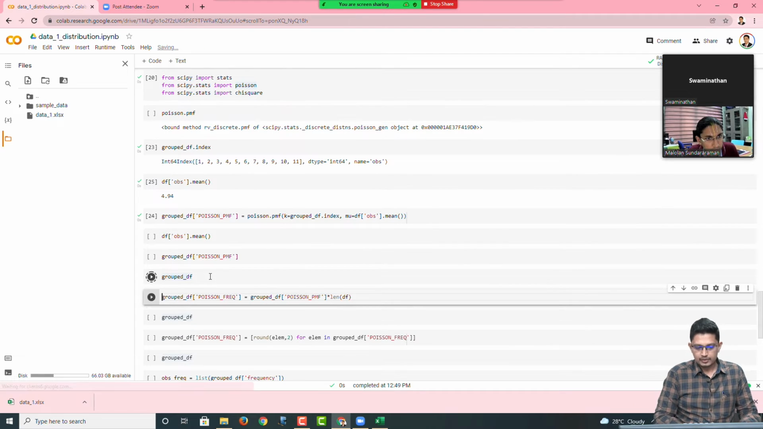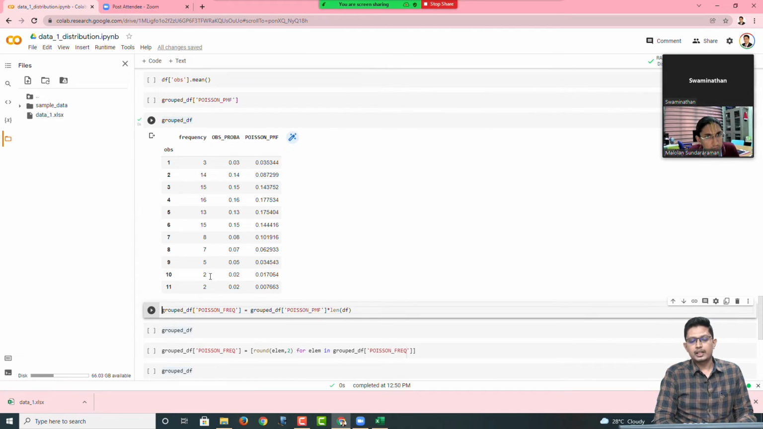So now let's print grouped_df. So right now we have three columns. One is frequency, observed probability, and observed PMF. Let's also create another column called Poisson frequency. One second, Swami. Maybe for those who are seeing this data frame now, the Poisson PMF is basically going to